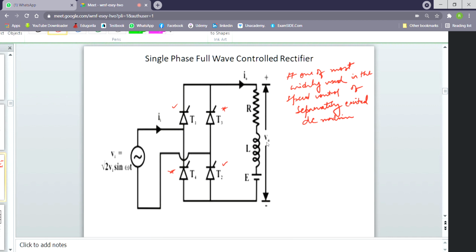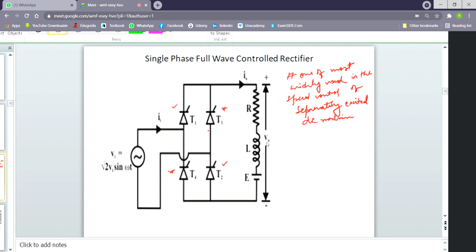This situation will typically occur when the load current I0 becomes zero in between the firings of T1 T2 and T3 T4. It is possible that at a given moment none of the thyristors conduct. Once the load current becomes zero, all the thyristors remain off, so in this mode the load current remains zero.